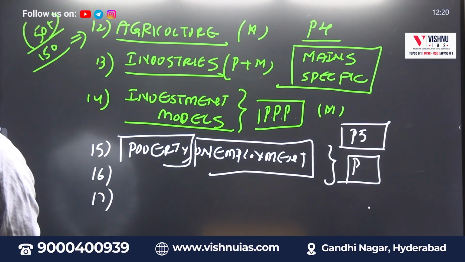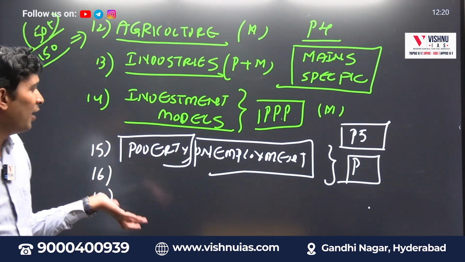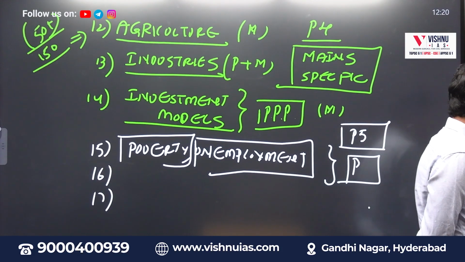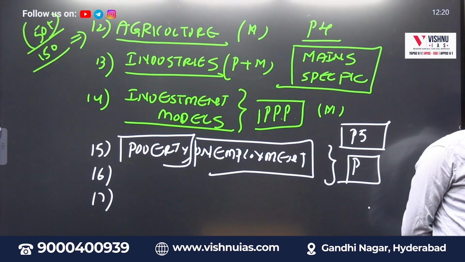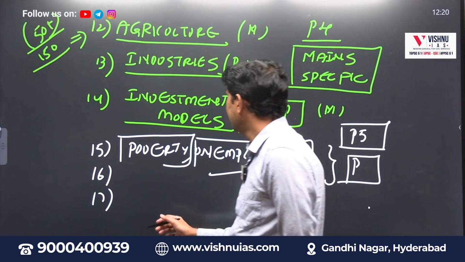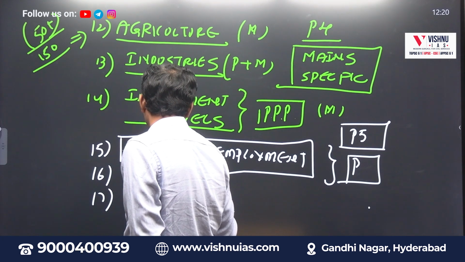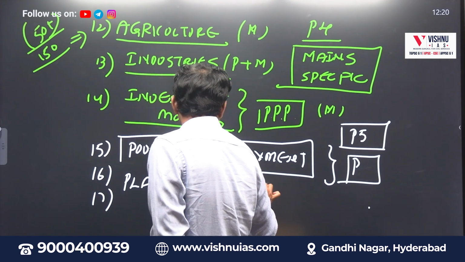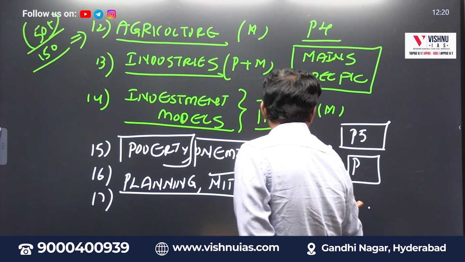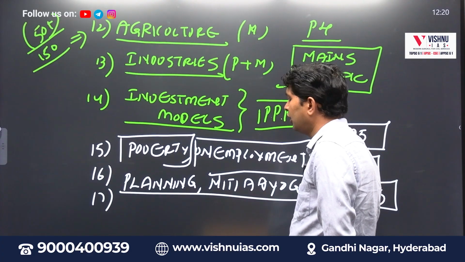Unemployment, types of unemployment, even today the Periodic Labour Force Survey is released by the government. So what is the unemployment trend, causes of unemployment, schemes related to unemployment, types of poverty, types of unemployment, indicators, reports, indexes are important for prelims. Then I would say planning and Niti Aayog. See, earlier more importance was given to planning and Niti Aayog. It is conveniently a mains topic. What is Niti Aayog? What is the difference between Planning Commission and Niti Aayog?